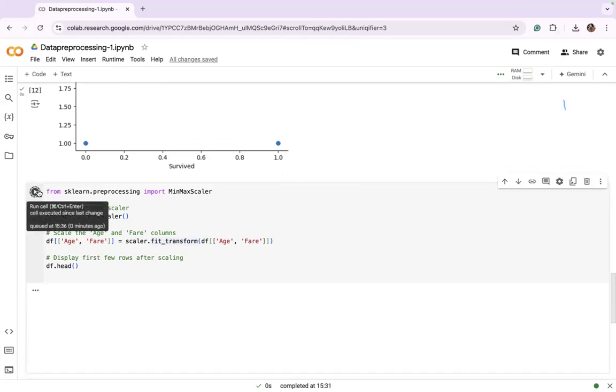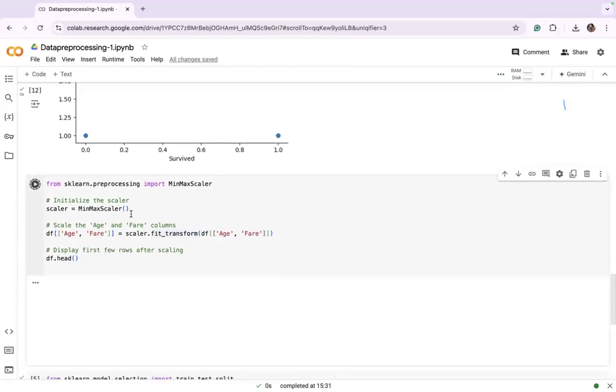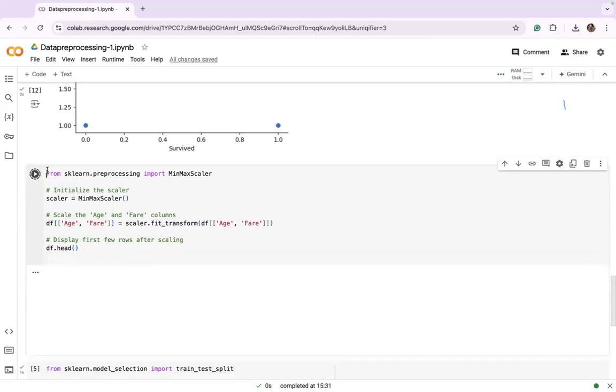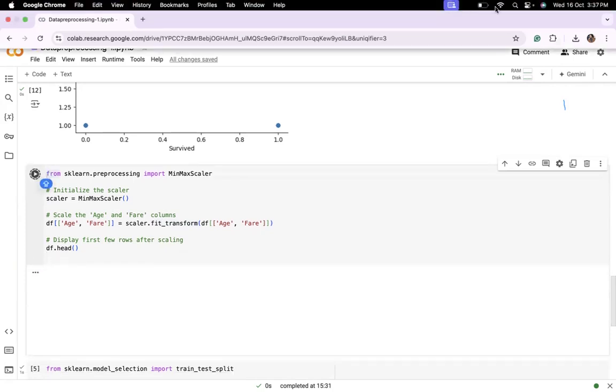Sometimes it takes time, totally depending on the internet speed. I think my net speed is